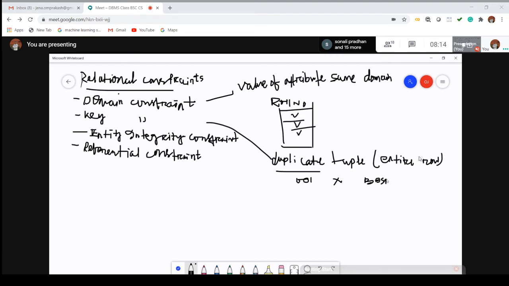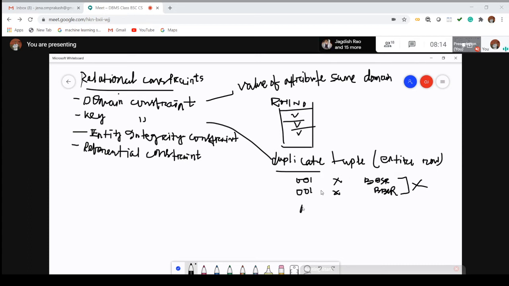If again roll number 1, same name, same address, again BBSR, these values should not be repeated. If all the values are the same in multiple rows, then this should not be allowed in case of key constraints. Duplicate tuples are not allowed.